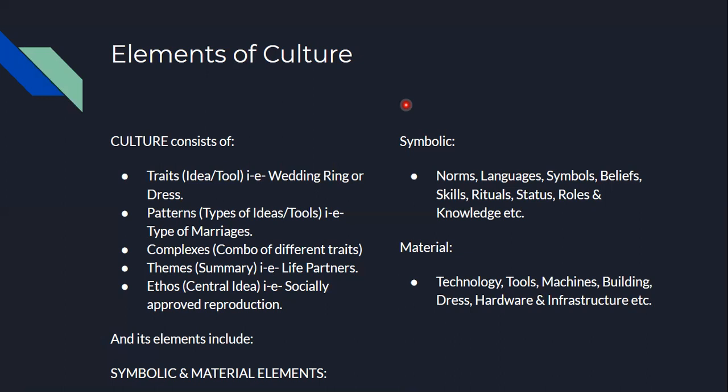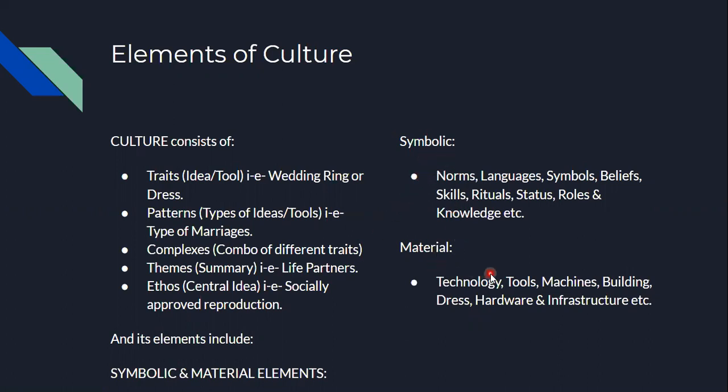So now we come to the elements of culture. We already studied this topic, but let me just revise for the sake of those who missed it. Culture actually consists of traits, patterns, complexes, themes, and ethos, but the elements of culture can be divided into symbolic and material. So if somebody asks you in an interview or in an exam what are the elements of culture, you can just write that there are two types of elements of culture,